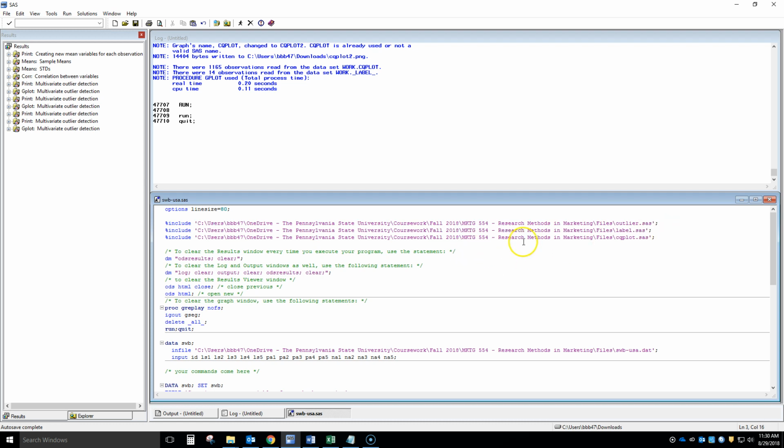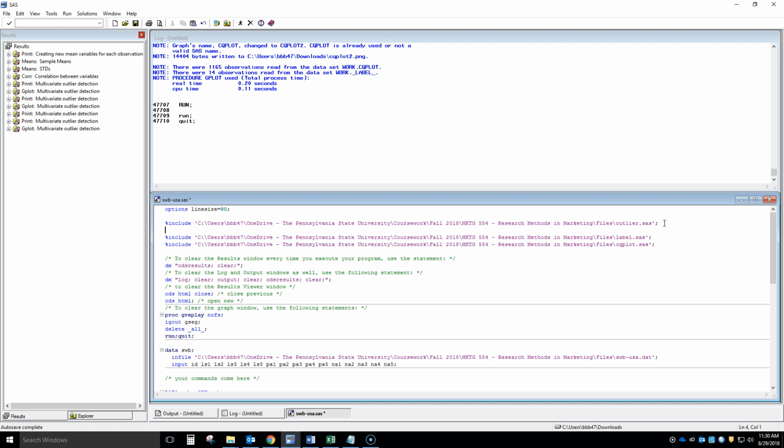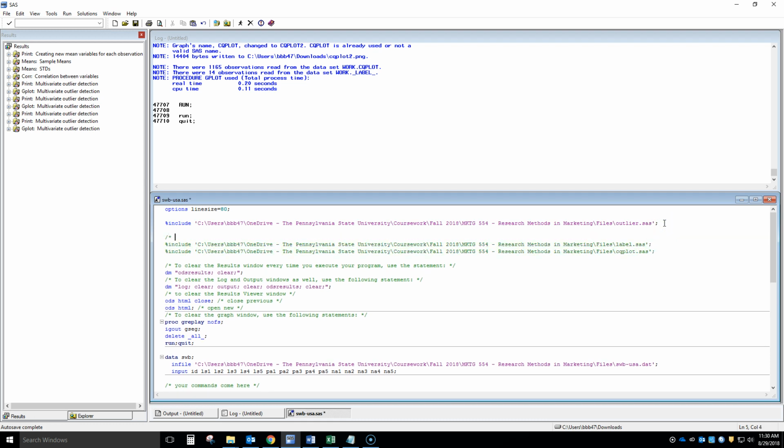Here, let me put a comment in so you can see how it's spelled, if you want to Google this yourself: Mahalanobis d squared method